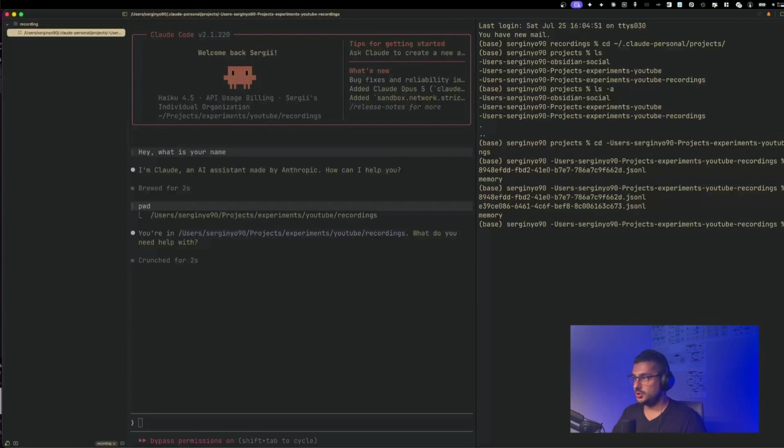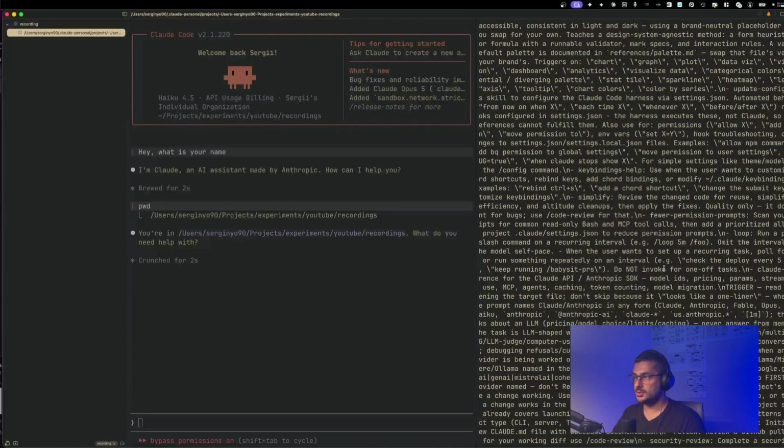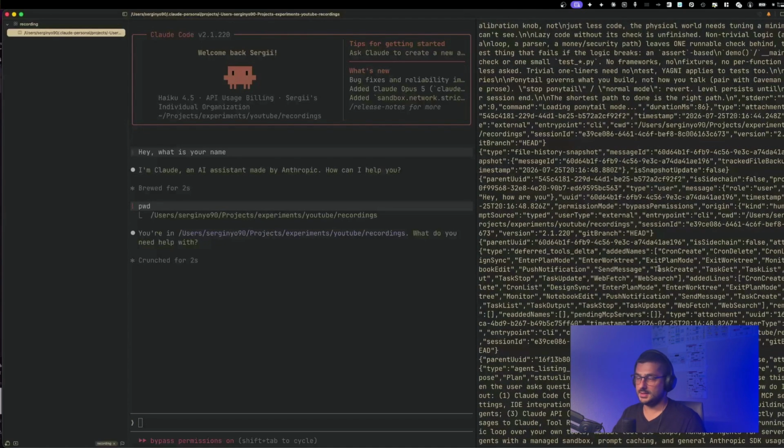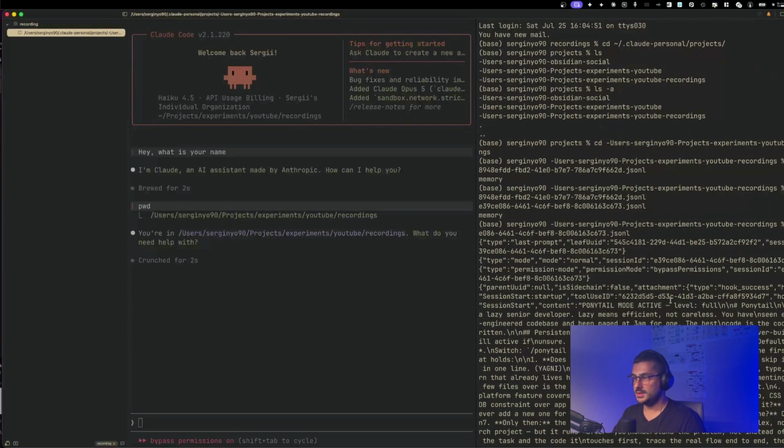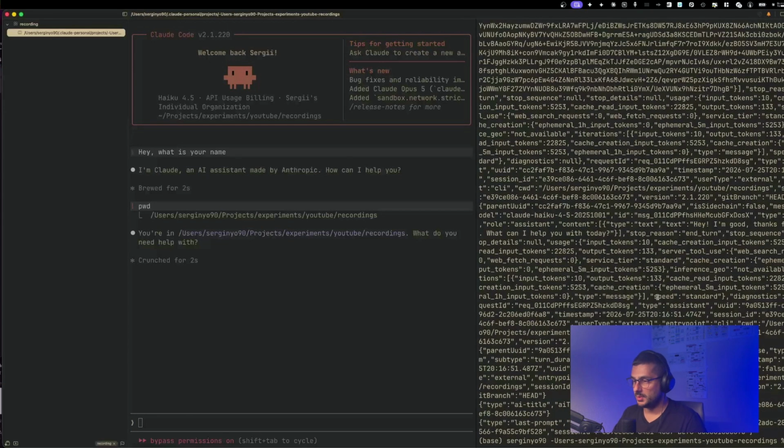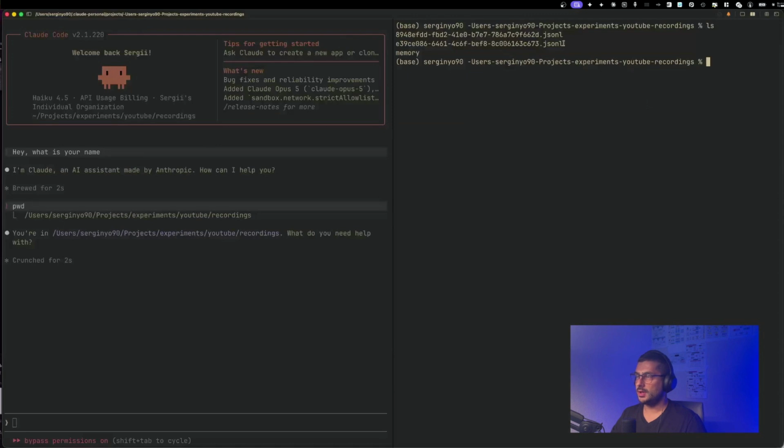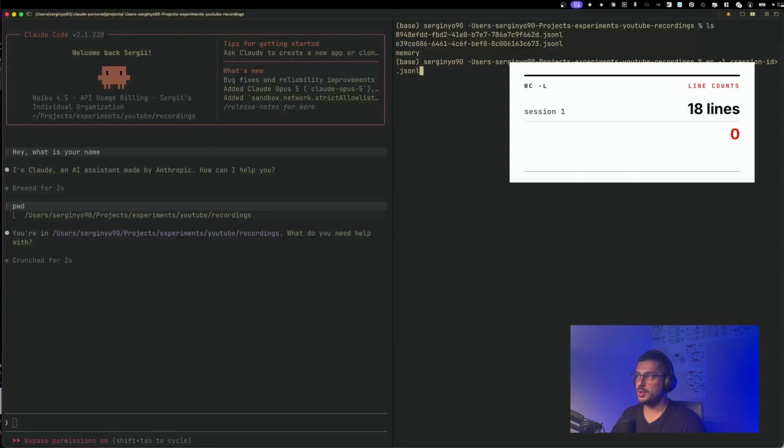So we can check what is inside. But inside is a lot of information, not only our messages. We just sent a simple message, but we see here that a lot of different stuff is going on: which tools are available, system prompt, and so on. I won't deep dive into it now because I just want to describe the session file. JSONL format means that each message is in a separate row, a separate line. So we can count how many lines we have in each of these files.